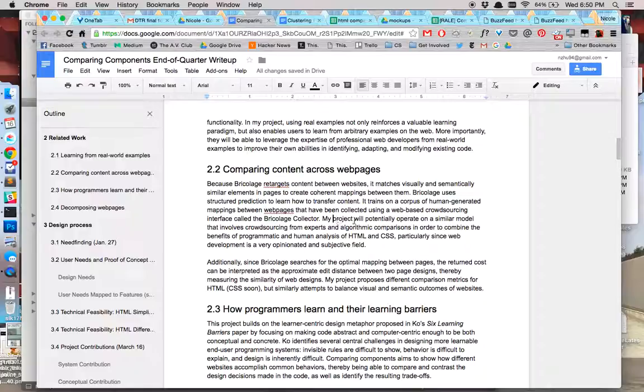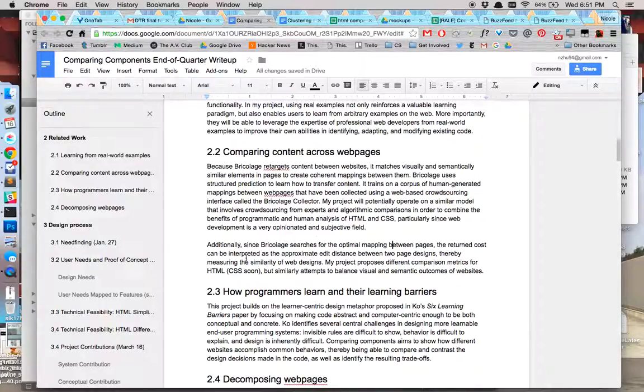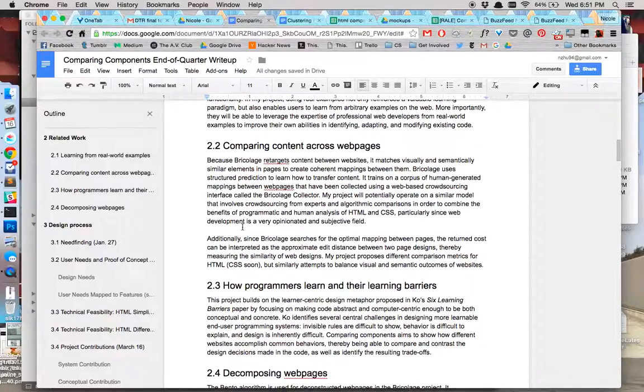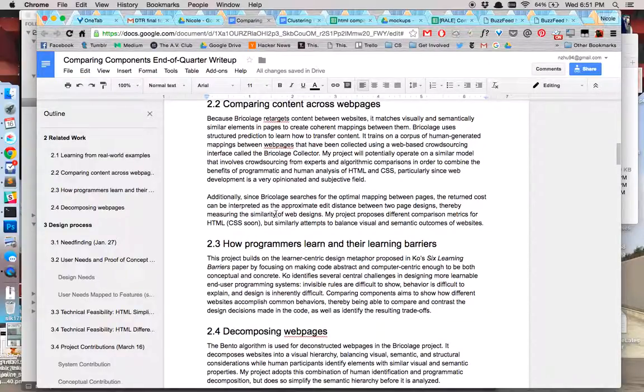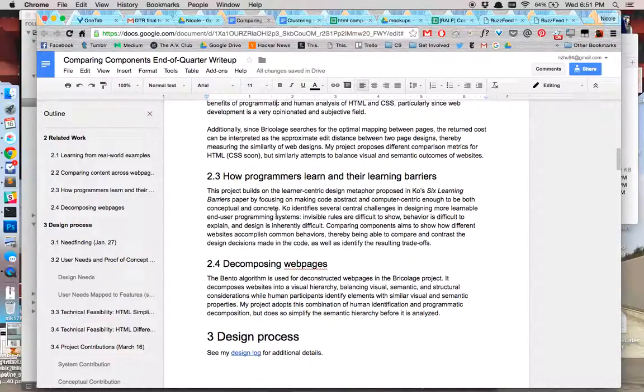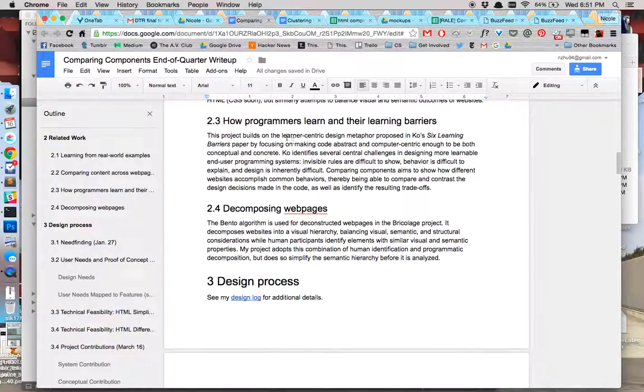I've read a few papers about how HTML and CSS is retargeted between pages, whereas my project proposes to come up with its own set of comparison metrics for HTML and soon CSS in order to additionally balance visual and semantic outcomes of website components, but in a way that isn't really just swapping elements between pages, but really trying to figure out what the differences are and why those exist or what people can get out of those. Three, how programmers learn and their learning barriers,